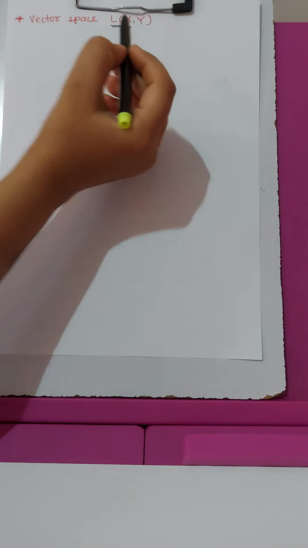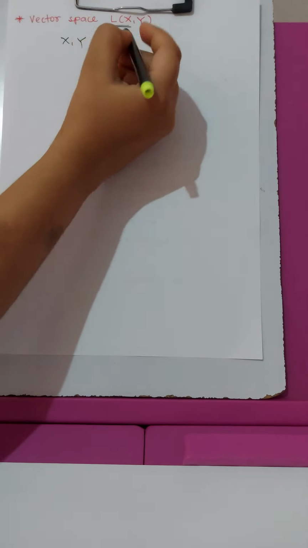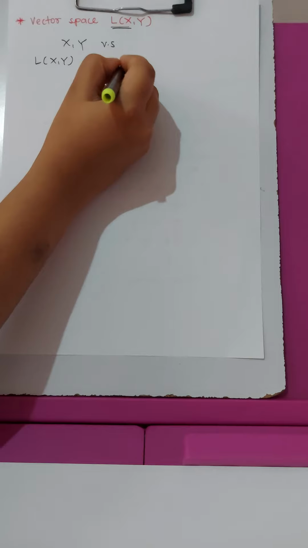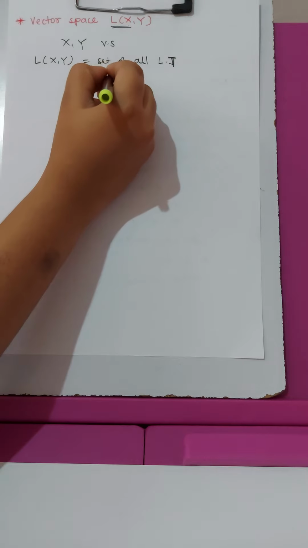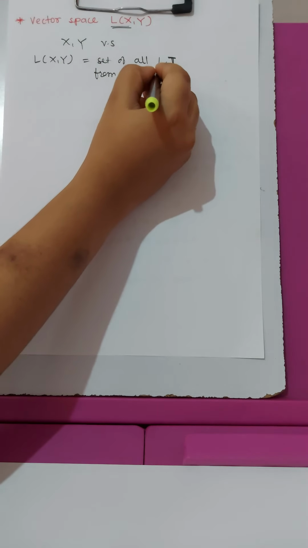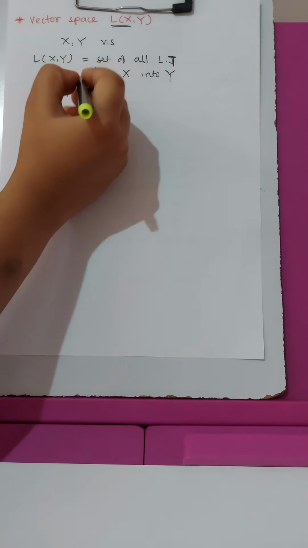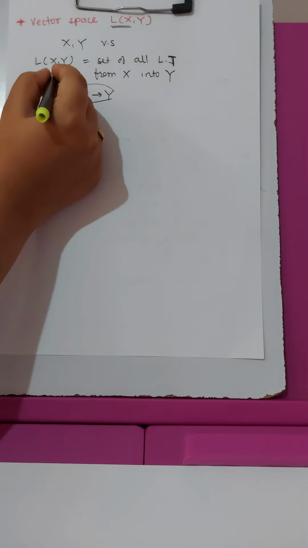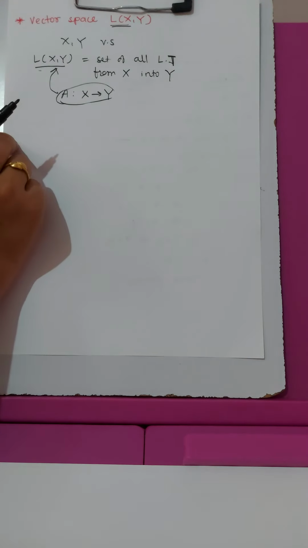Next is the definition of a vector space L of X, Y. If X and Y are vector spaces, then we denote L of X, Y as the set of all linear transformations from vector space X into Y. That is, suppose A is a linear transformation from X to Y, then all such transformations will be collected in a set L of X, Y, and this L of X, Y is a vector space under vector